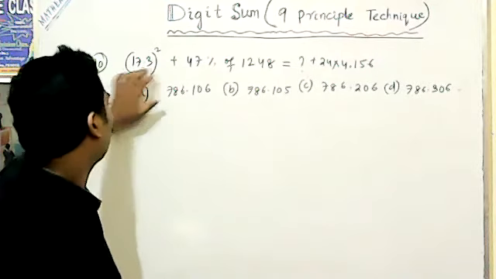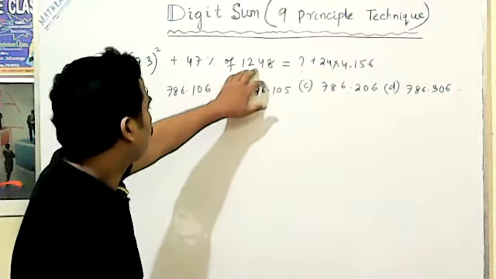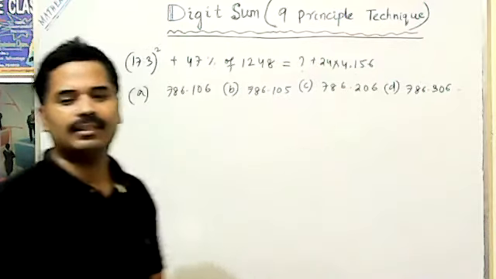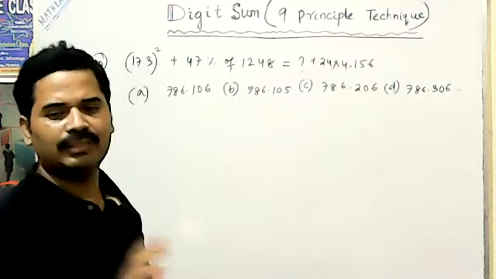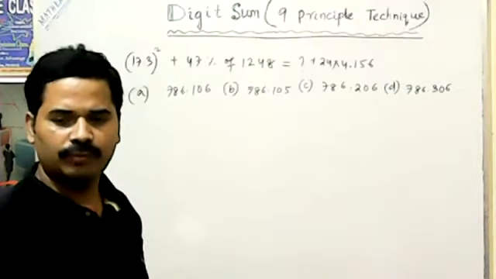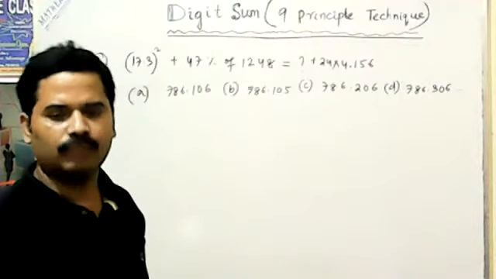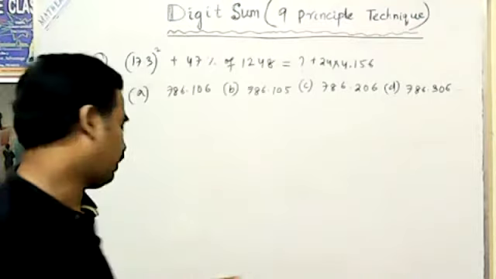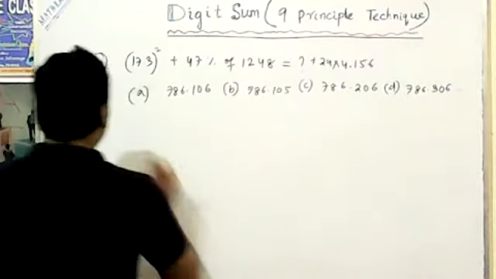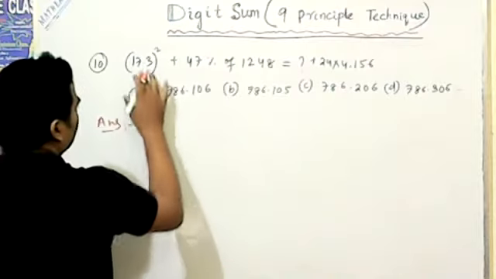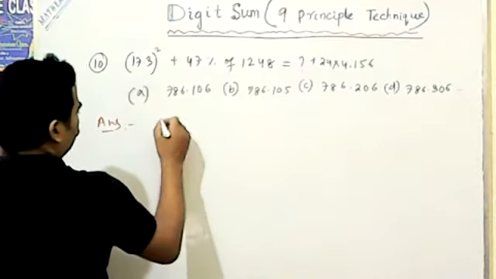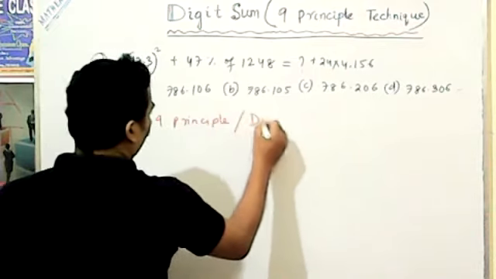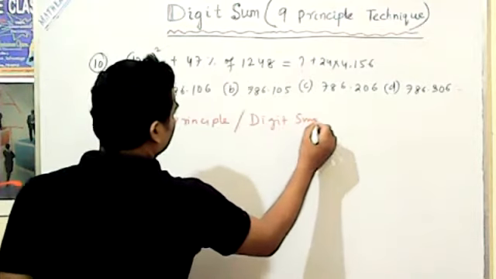Take the question 17.3 का whole square plus 47% of 1248 question mark plus 24 into 4.156, that is it। देखो डिजिट सम उसका परसेंटेज होने से कुछ फर्क नहीं पड़ेगा, स्क्वायर रूट होने से कुछ फर्क नहीं पड़ेगा और स्क्वायर होने से कुछ फर्क नहीं पड़ेगा। डिजिट सम जैसे ही कर रहे थे वैसे ही करेंगे, कुछ प्रॉब्लम नहीं है। तो अभी क्या करेंगे, आंसर में देखो कैसे होता है। दैट इज 17, वो 9 प्रिंसिपल में करते हैं, 9 प्रिंसिपल और डिजिट सम में होता है। देखो कैसे होता है।